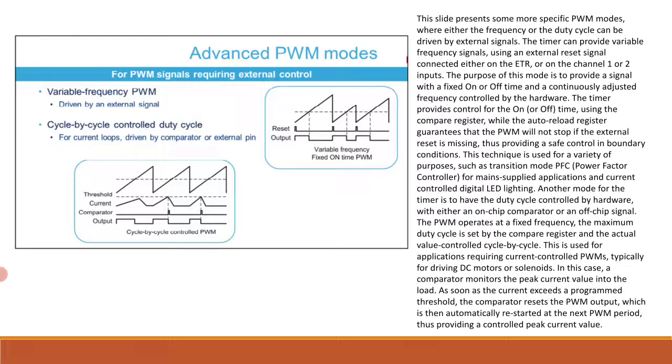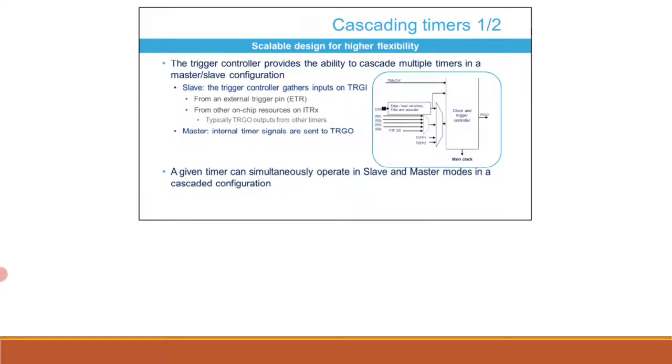So how about cascading timers? The trigger controller allows you to cascade multiple timers in a master or slave configuration. A timer can control one or more timers as the master timer or be controlled by another timer as a slave. The clock and trigger controller acts as a link between the timers. In master mode, it can redirect outside the timer multiple internal control signals to an on-chip TRGO, that is trigger output. In slave mode, it gathers multiple inputs